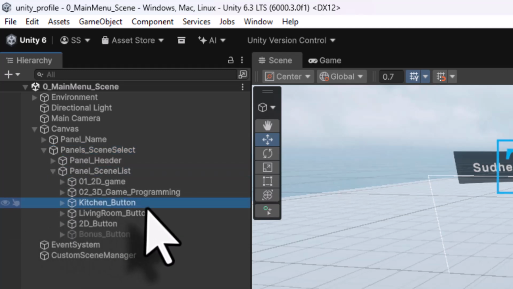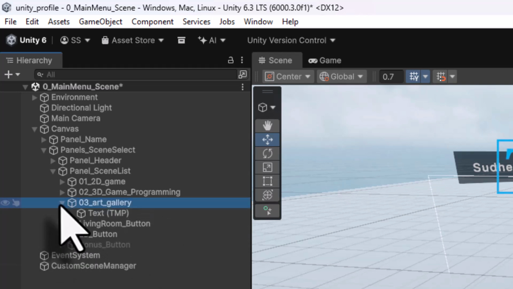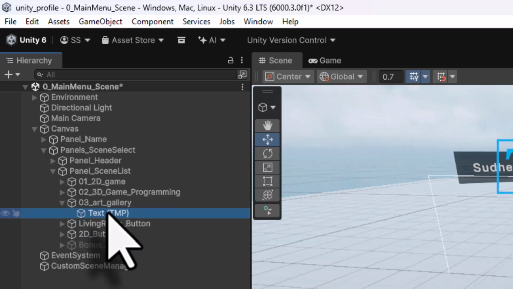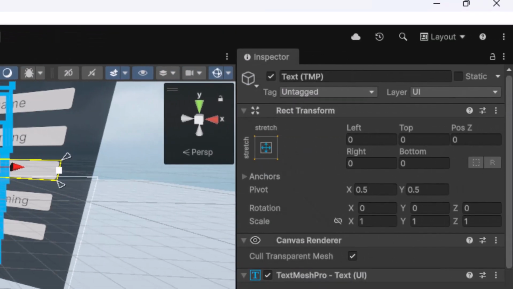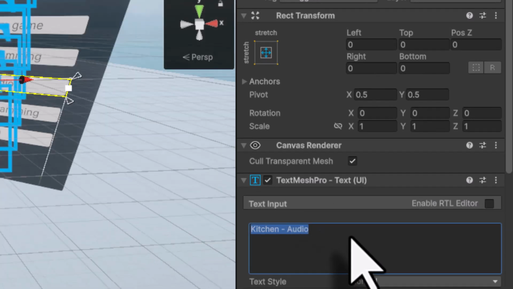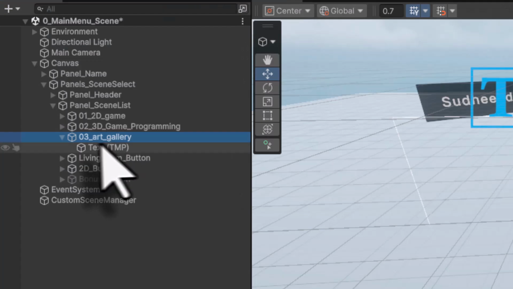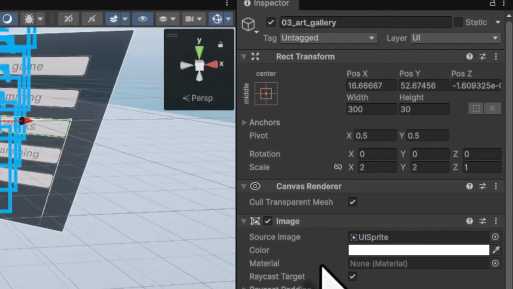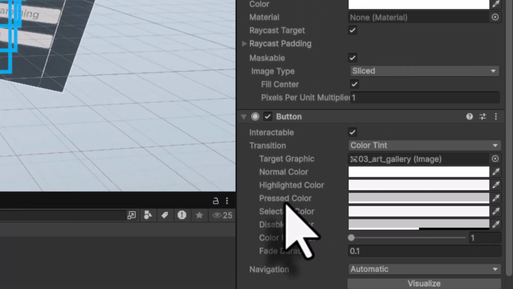to select this third one, kitchen button, press F2, and I am going to call this as 3_art gallery. Opening this, you have this text component, and here in the inspector text input, I am going to name this as art gallery of my works. Coming back to this 3art gallery, now in the inspector, if I scroll down to the button,